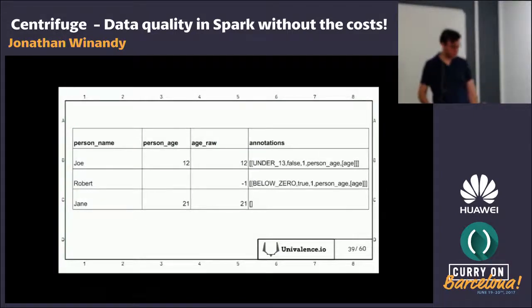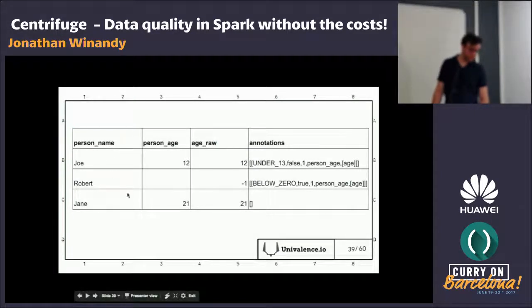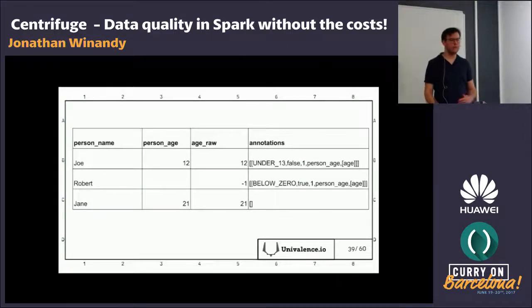So the result is this one. For example, you get the age 12, it's under 13, you get the age -1, and it's below 0. So if it's below 0, it's an error. So it clears the data. It's set to null. It's better to have null than -1. So for free, by defining your transformation with a data quality component, you are able to collect all of it after query definition, and even through aggregation or through joins.